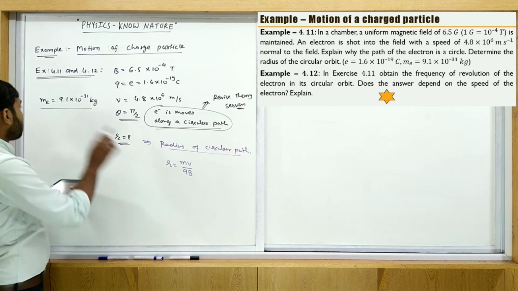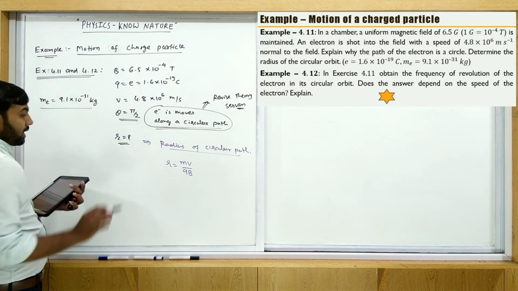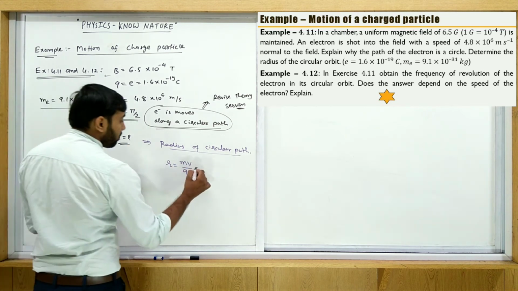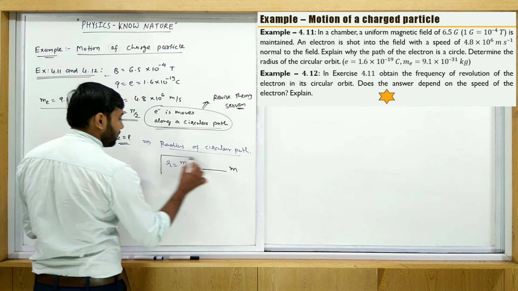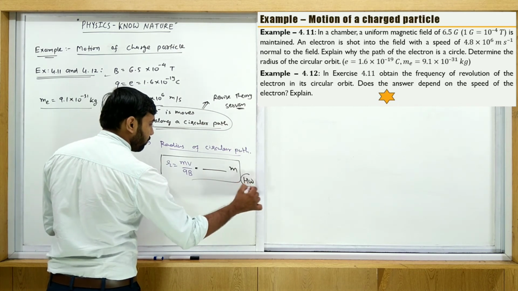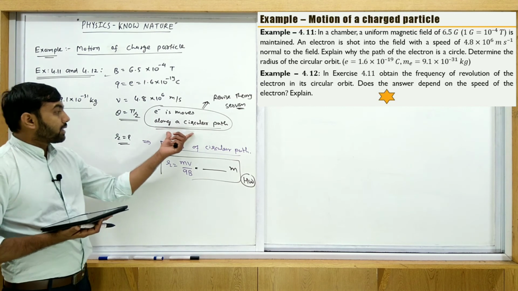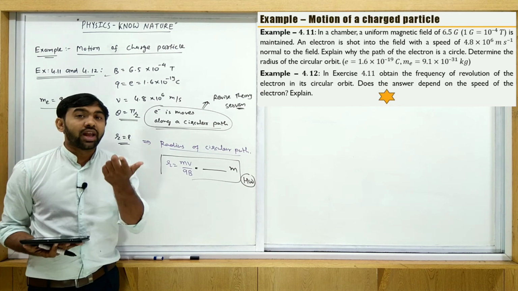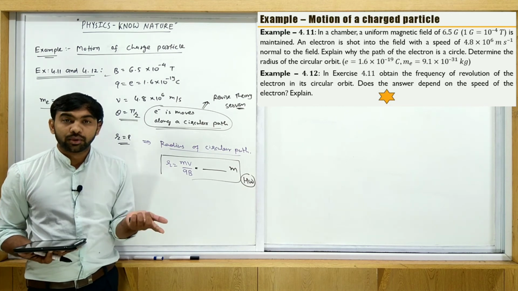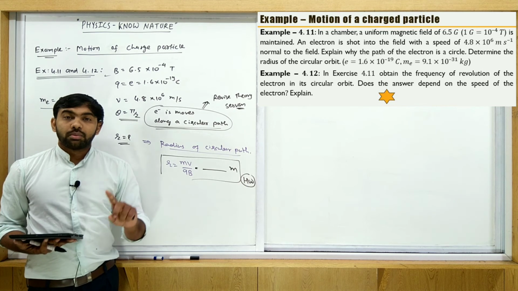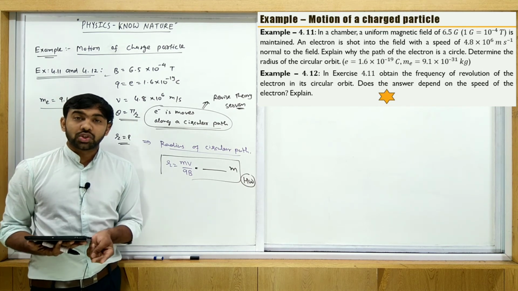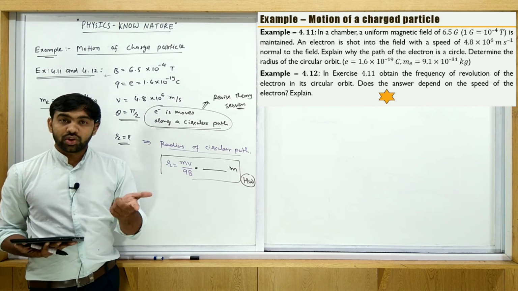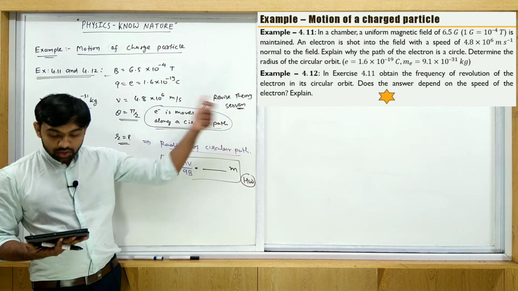So see, m is replaced by m_e, charge is replaced by e, B is given to you already, and v is given, so everything is given here. Put these values into this equation and you get the answer in meters. The remaining calculation is homework. Again I am telling you, why does the electron move in a circular path? Any charged particle in a magnetic field moves along a circular path because the magnetic force acts as the centripetal force. The magnetic force and centripetal force balance each other, and then the charged particle moves along a circular path, as we discussed in the theory session. For this, just revise the theory, and you get the final answer.